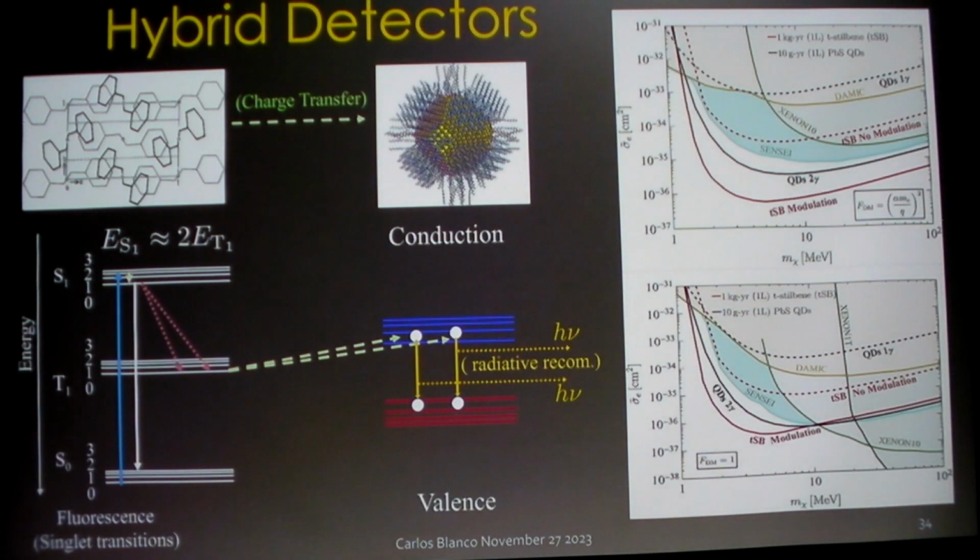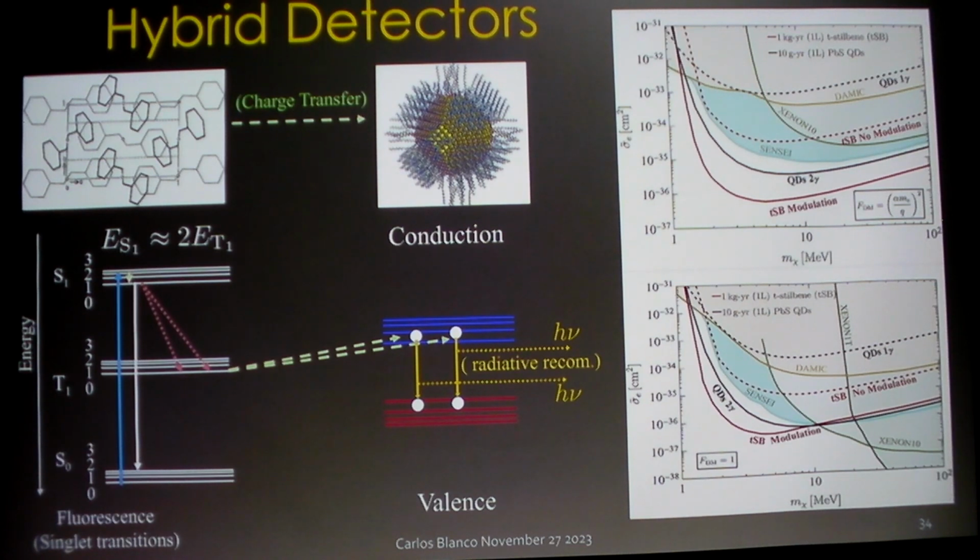Okay, can you bring these things together? Can you do the selective excitation and the selective emission? Can you bring them together in such a way to get multiplicative background reduction? I think yes. So this is something that I'm working on right now, and this would be the next stage in this research program: to form these hybrid type detectors, where you have this directional absorption followed by a charge transfer and a radiative recombination in time coincident photons.